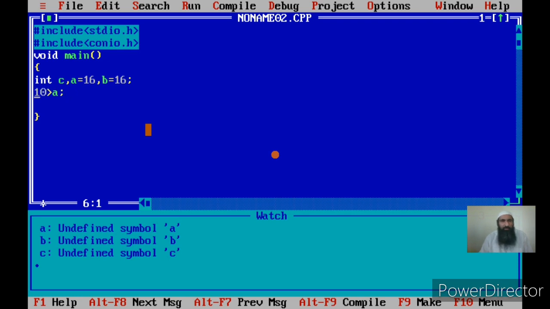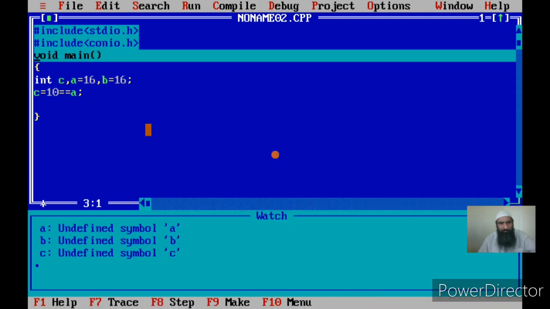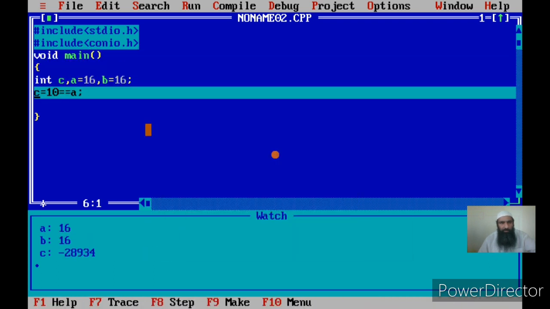Now if I want to check for equality, how do I check whether two numbers are equal or not? Again I can use this operator, double equal to, not single equal to. Here I am checking whether 10 is equal to a or not. Now a is 16, is 10 equal to 16?